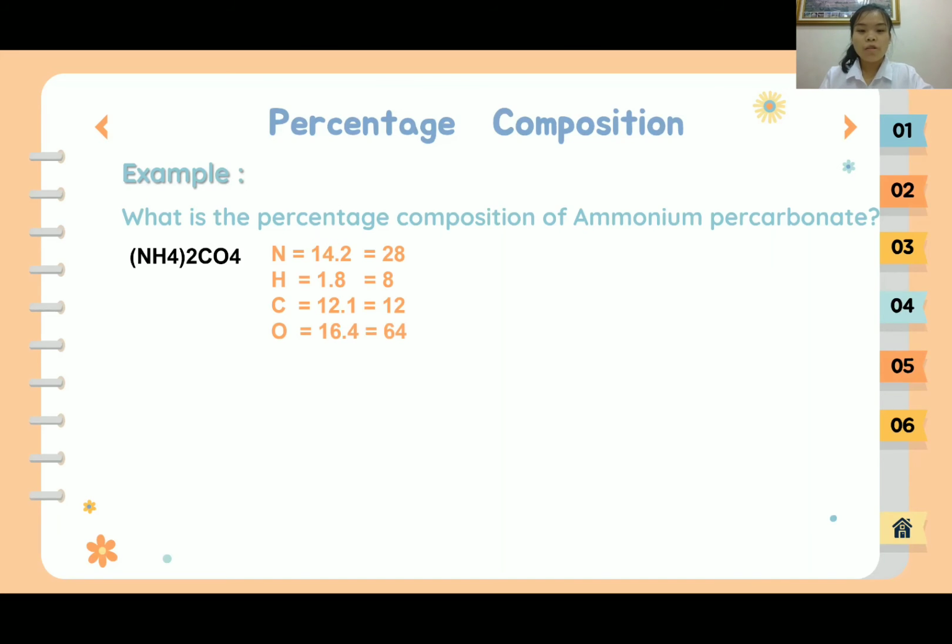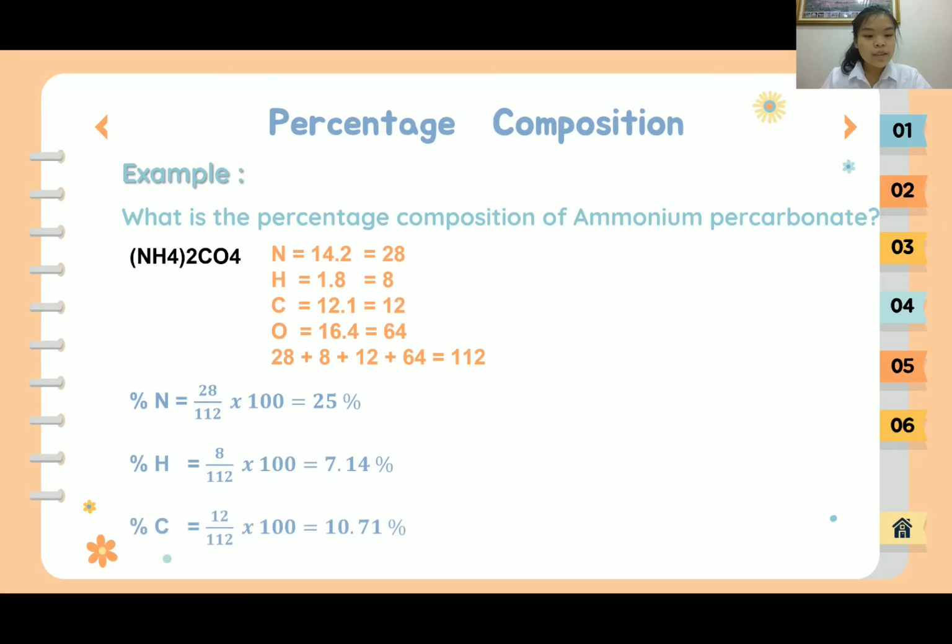The mass of the compound is 28 plus 8 plus 12 plus 64, which is 112. The nitrogen mass is 28 per 112, which is the mass of the compound, times 100, equal to 25%. And then hydrogen, the mass of the element is 8 per 112 times 100, which is equal to